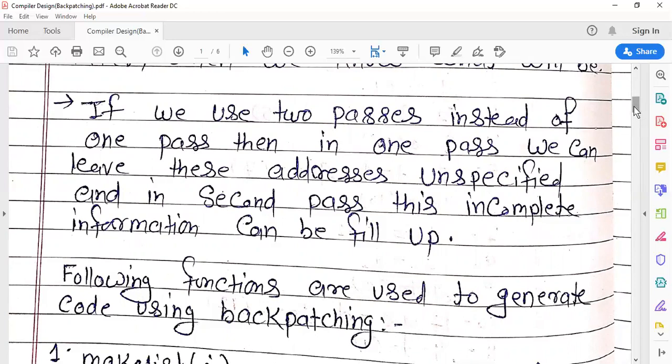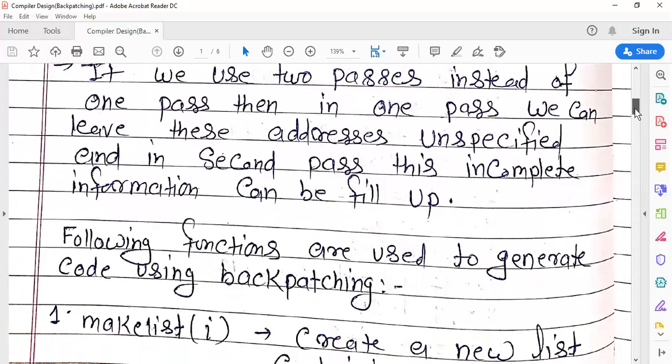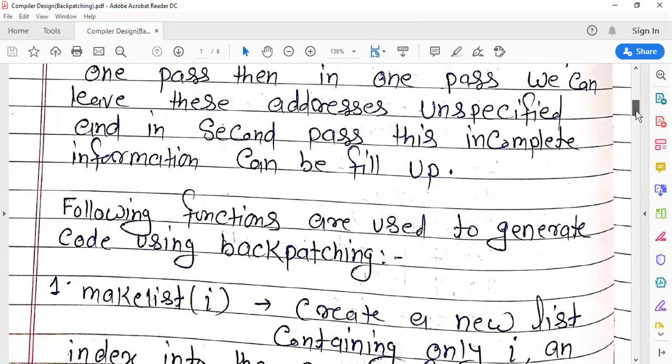You can understand here the way of writing the three address code in the earlier SDT. That process was in one pass, and currently with the help of backpatching, when we write the three address code, the process is performed in two passes, the first pass and the second pass.